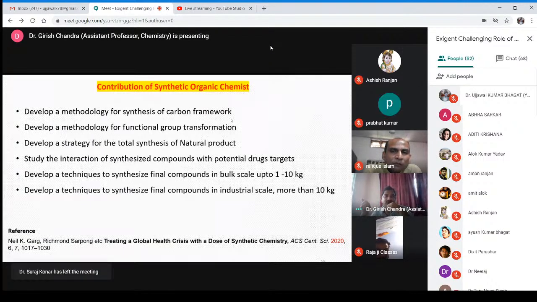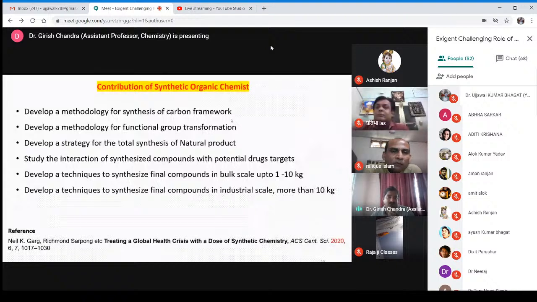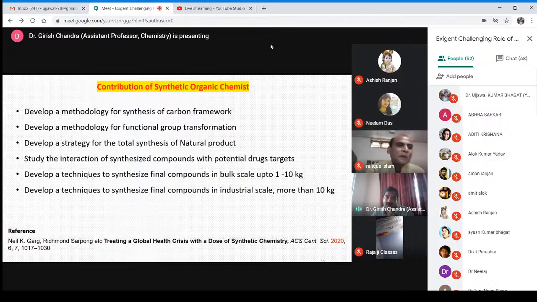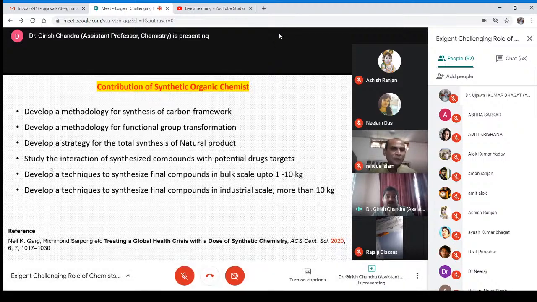So basically every new molecule poses a different kind of problem. So, develop the methodology for functional group transformation, develop a strategy for the total synthesis of molecules, where synthetic chemists can also investigate the interactions of synthesized compounds, potential drug targets, and the most important